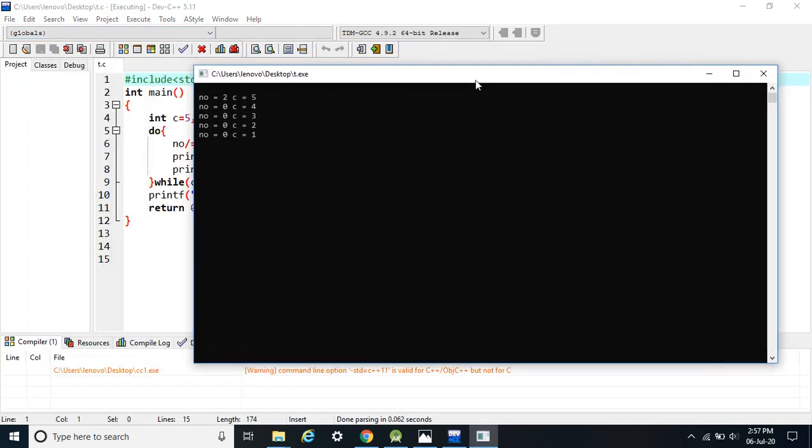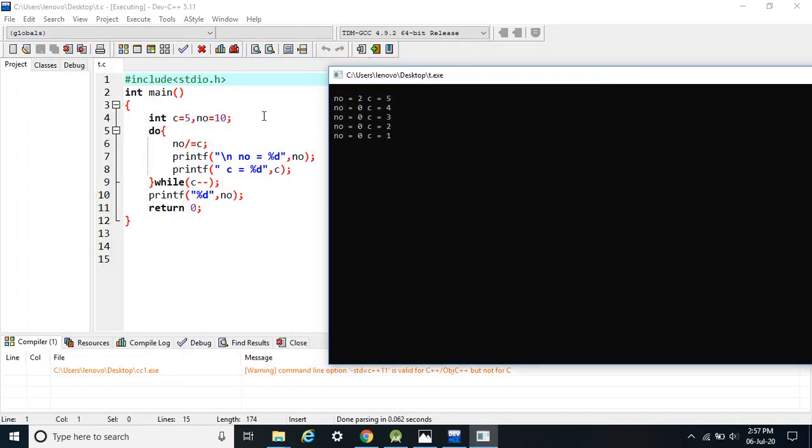See what happens. First the value of NO was 10 and C was 5. When it was done, NO equals NO by C. So 10 divided by 5, NO becomes 2 and C was still 5. So it was working. Then we had C minus minus. Here the value is 5, but after that C will become 4.